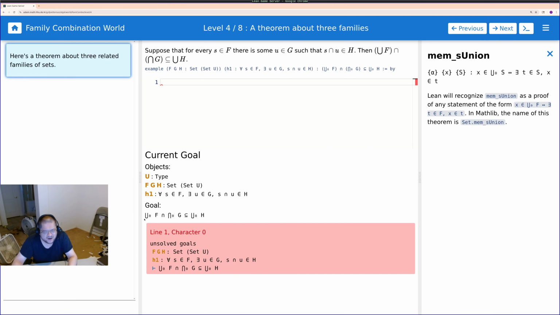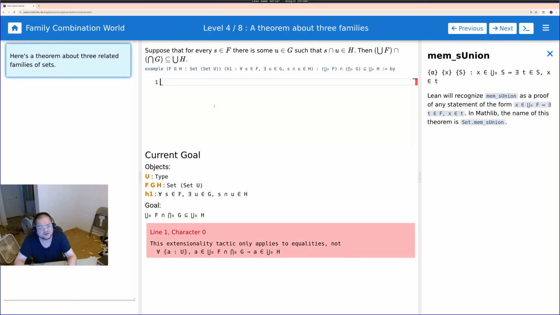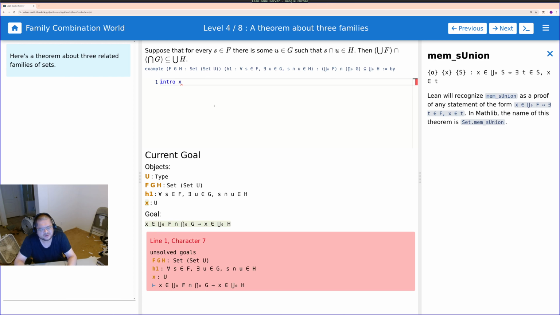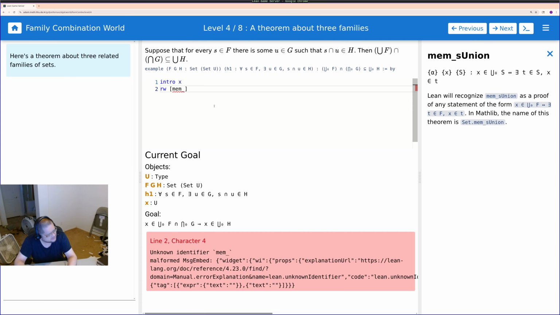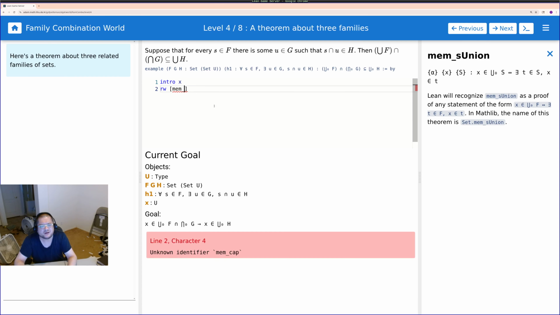So we're going to take an X from this thing here, send it through these two parts to get something in H, and that'll prove it. So ext x intro X. Mem inter if